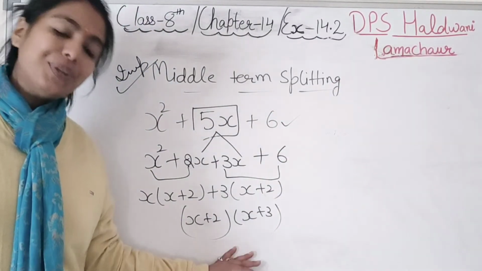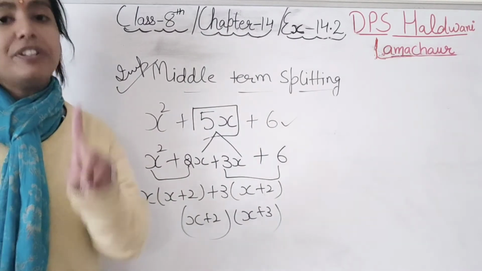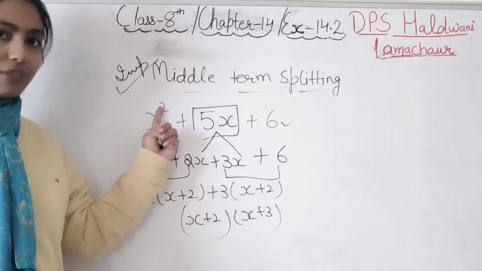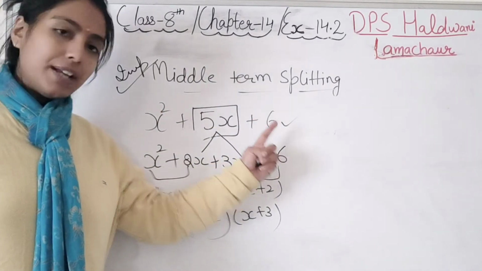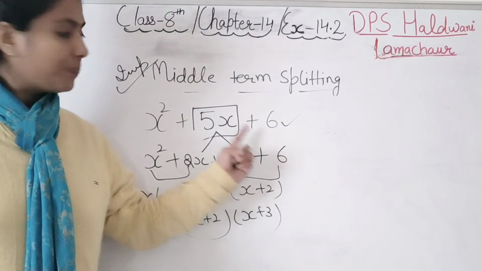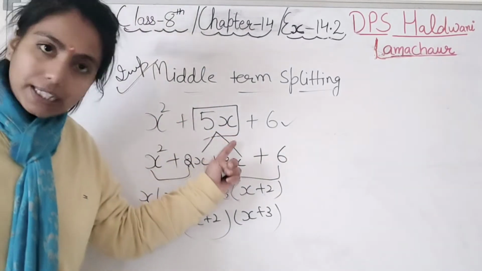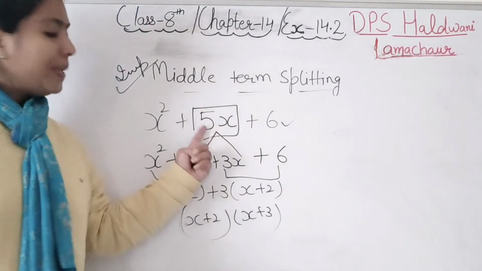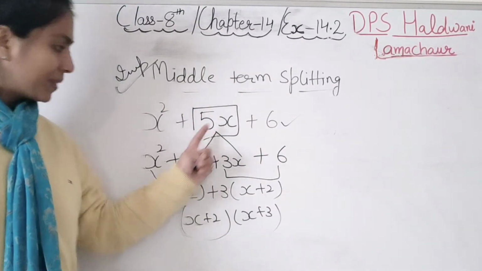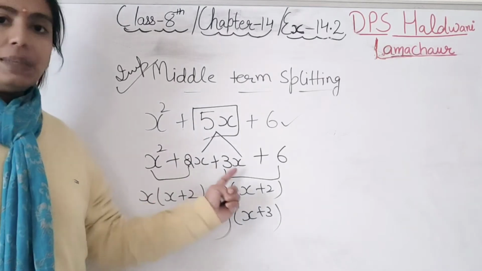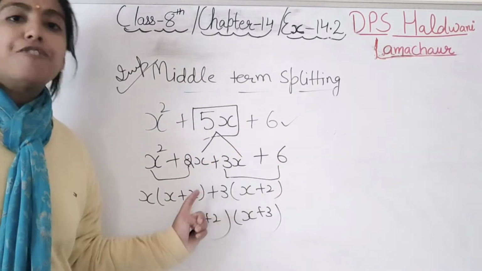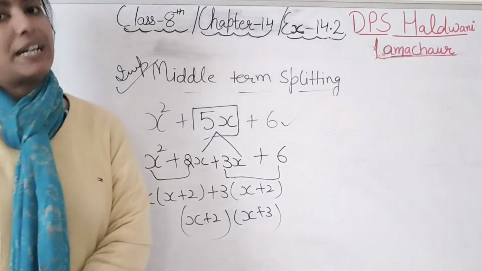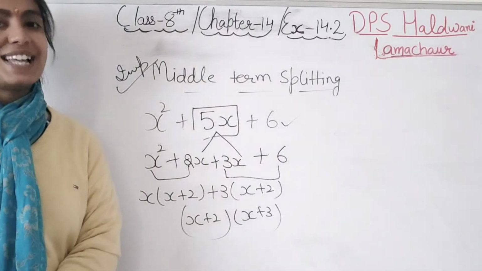So what we have done: very first we did using identities. If it is a quadratic form with a square and b square is also forming, then use the identity. If it is the same quadratic term but b square is not forming, then you will use the method of middle term splitting. How do you do this method? By multiplication we get this number, and after doing plus or minus, we should get the middle number. Students, for better understanding, we'll solve the exercise questions.